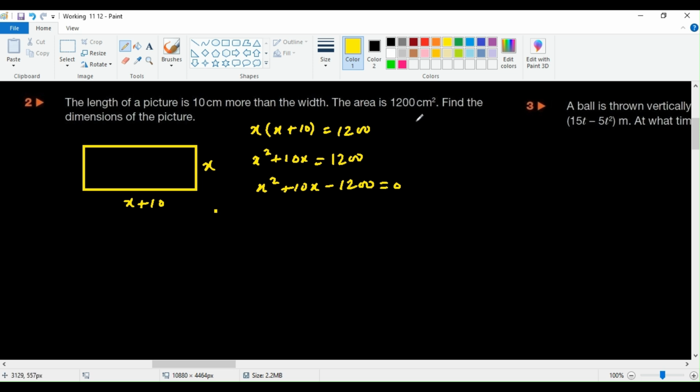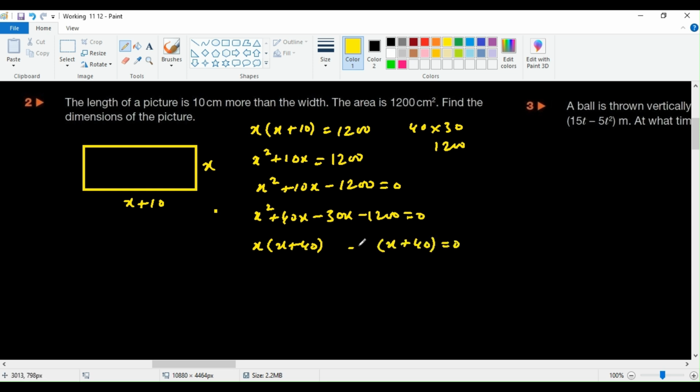Now here we know very well that 40 times 30 is going to give us 1200, and 40 minus 30 is going to give us plus 10. So I will write this one as it is, and plus 40 I will write here, and minus 30 I will write this way. So here x and x plus 40 is going to be the first factor. Copying this down once again, minus 30 we write here. So x minus 30